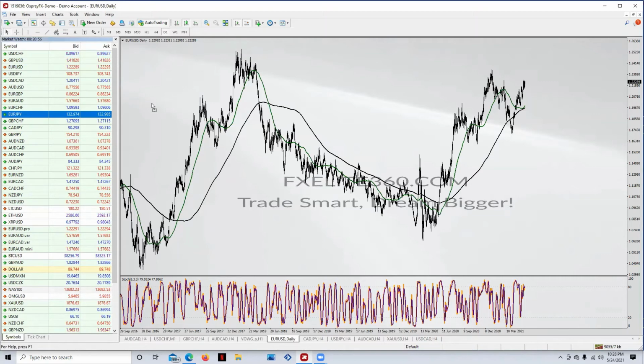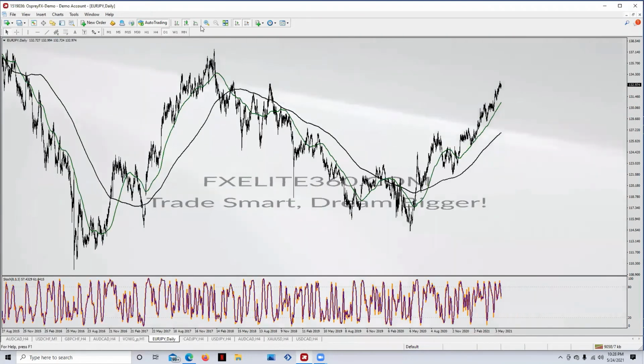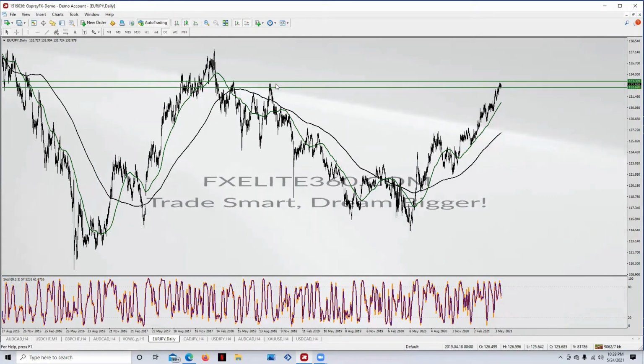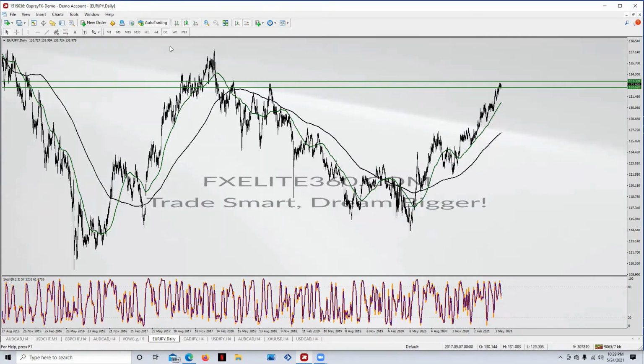Euro Yen. Okay, Euro Yen, this is a daily. Right now, this is the level that I was saying I'm going to enter from. So anywhere from there is where I entered from. The reason this is a nice swing trade is that the level just shows it. It's not something I have to look for. The level is literally staring at me.